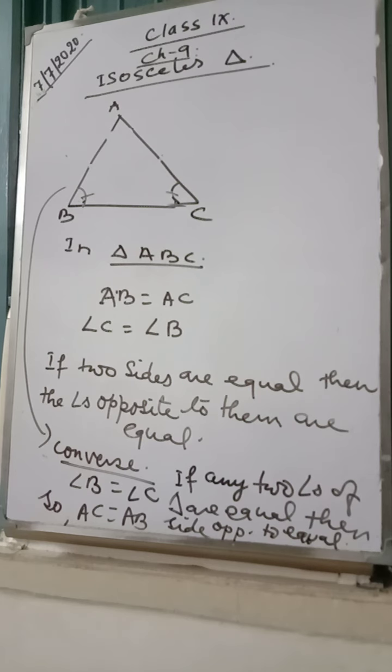Now, this isosceles triangle chapter is based on these two theorems, and the third theorem is: exterior angle is equal to sum of interior opposite angles. This whole chapter is based on this. What you have to do is apply your brain to get which angles are equal, which sides are equal, and what can be the other side. Now, if you see the examples, some examples you can see which are the sides equal, so we can do.